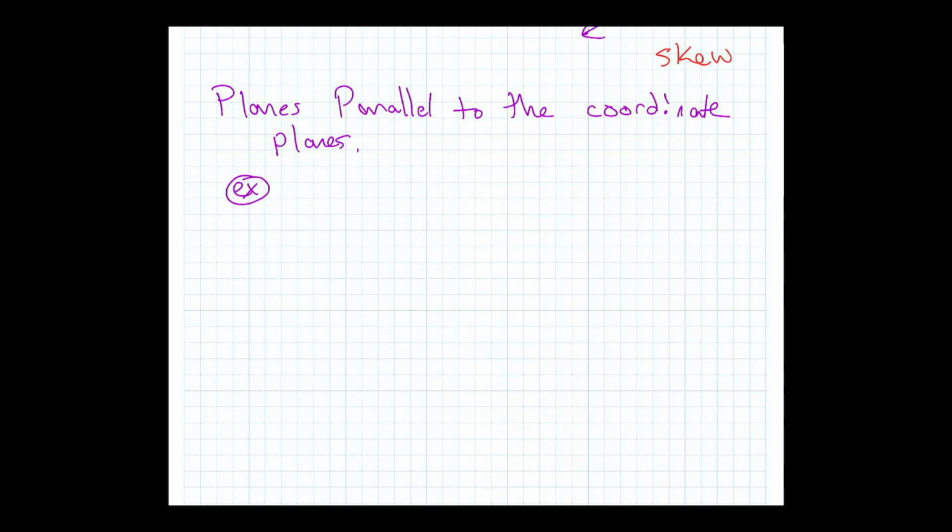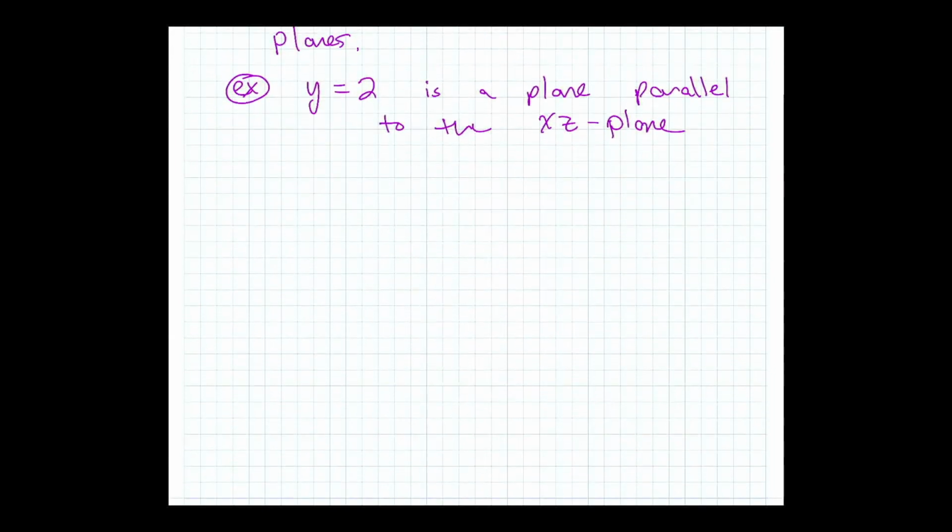if you say, what do I want? y equals 2, for example, is a plane parallel to, well, if y equals 2, it would be parallel to the plane where y equals 0. So it's parallel to the xz plane. So what does that look like? Well, if you've got